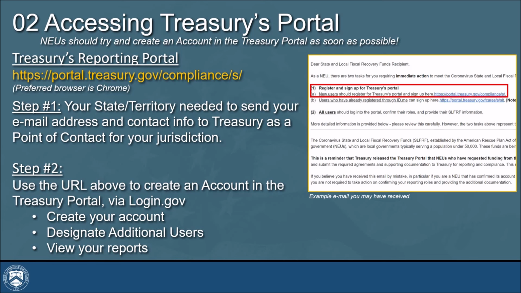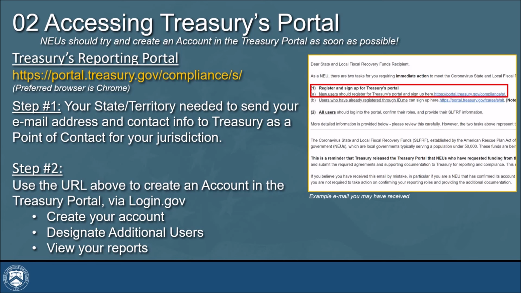This information was then transmitted by the state or territory to our offices at the Treasury Department to load as users within the portal. Later in the video, we'll talk about what to do if this didn't occur. But I wanted to note it here because even if you do the subsequent steps correctly, not having been previously identified by your state or territory as a point of contact will delay this process.